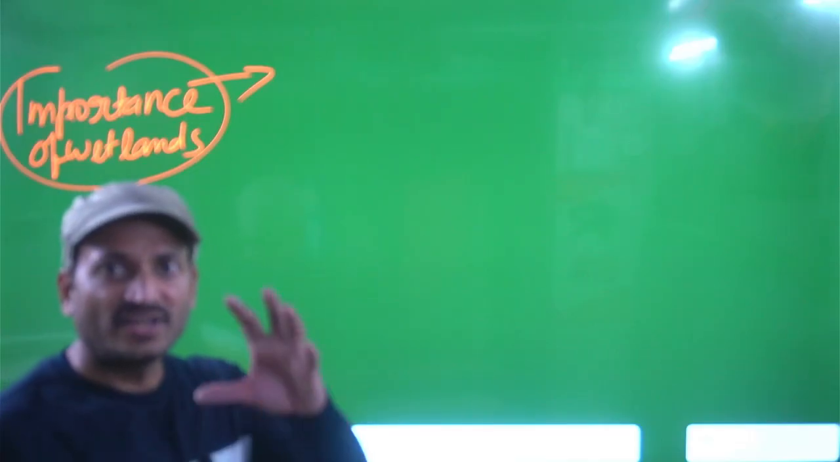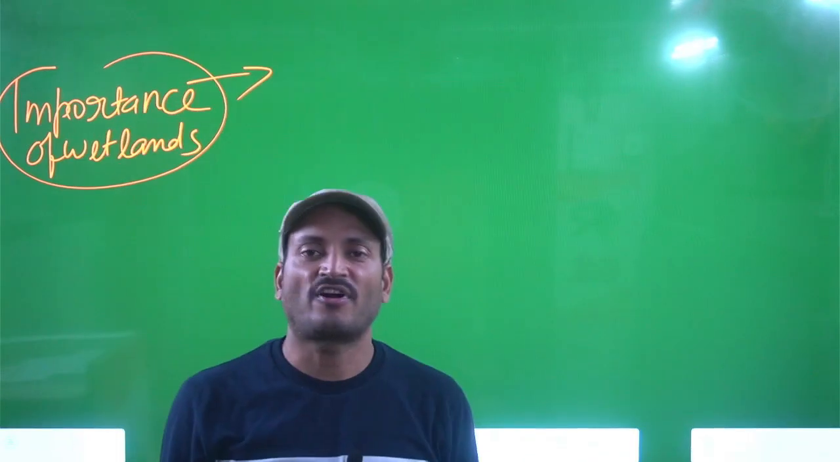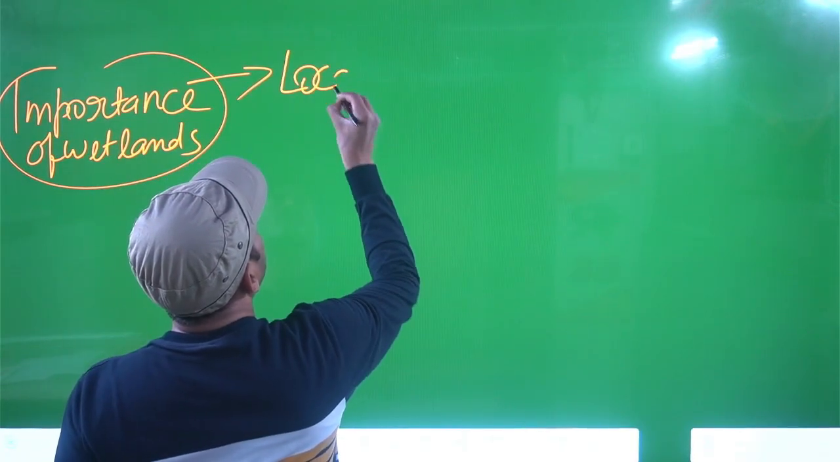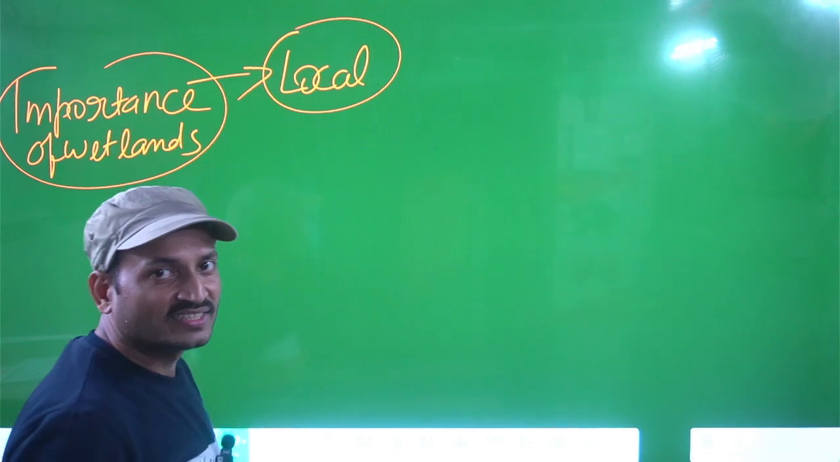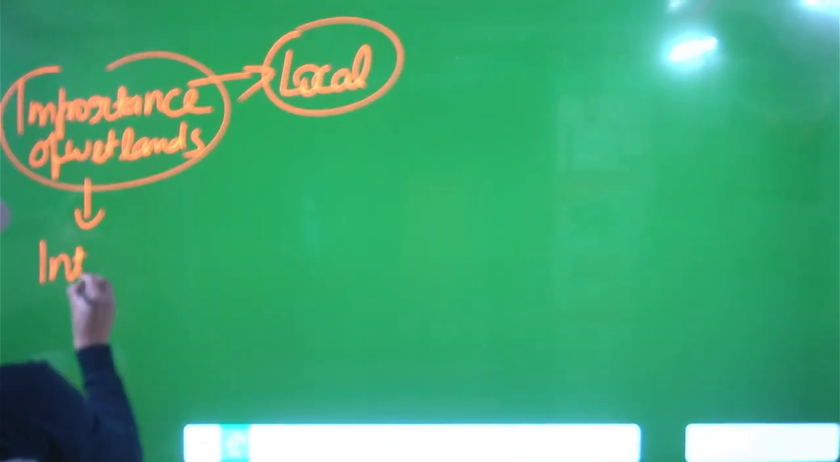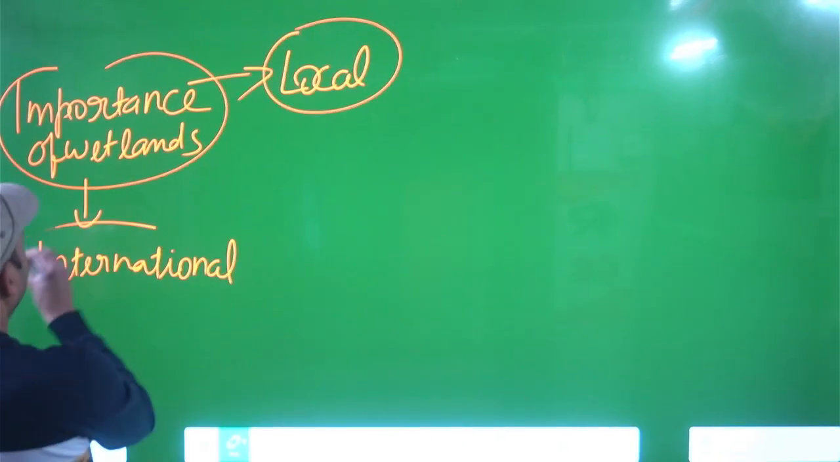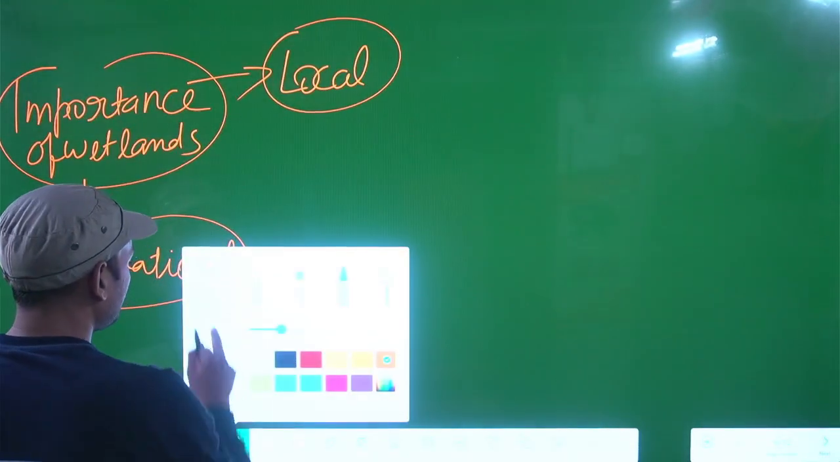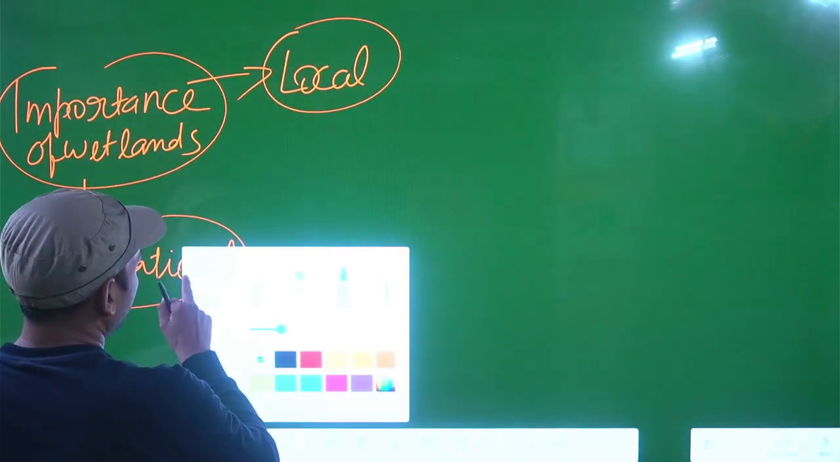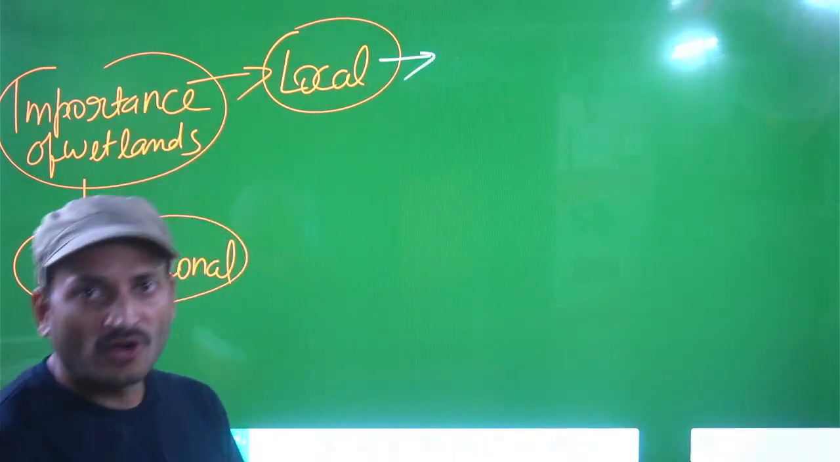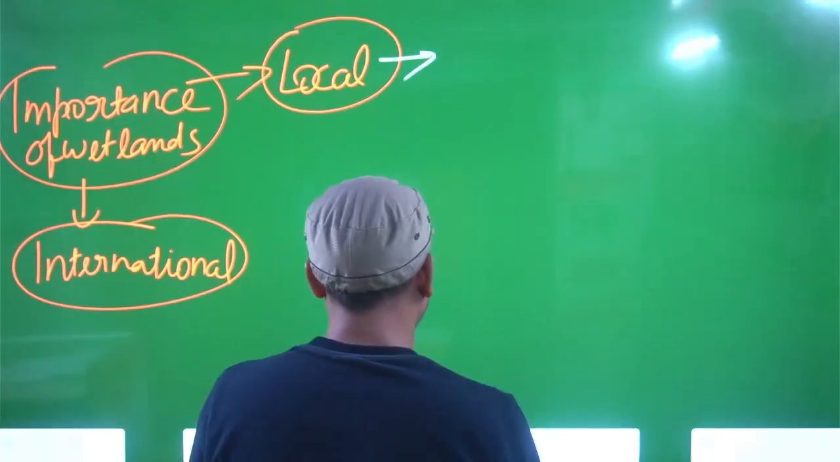Importance of wetlands. When we talk about the importance of wetlands, wetlands have two types of importance. One is local importance, and the other one is international importance. What are the local importances of a wetland? When we talk about local importance, my friends, we know that